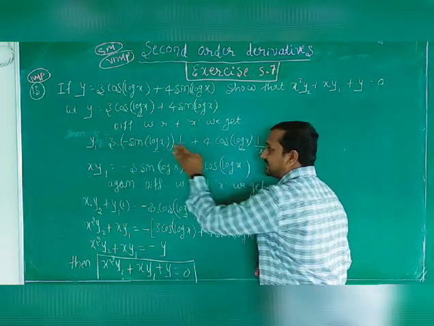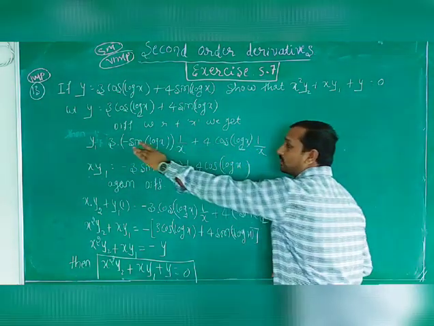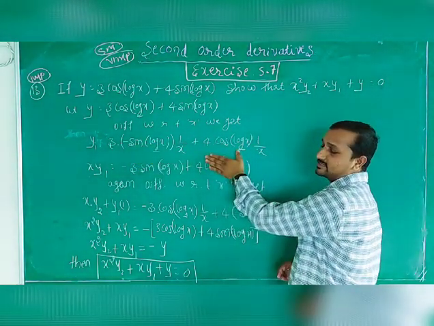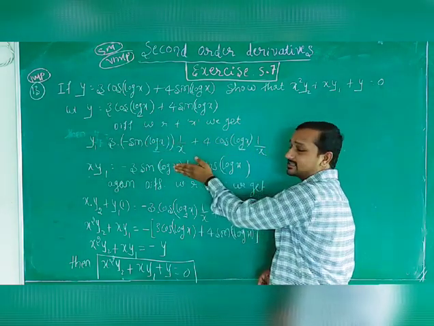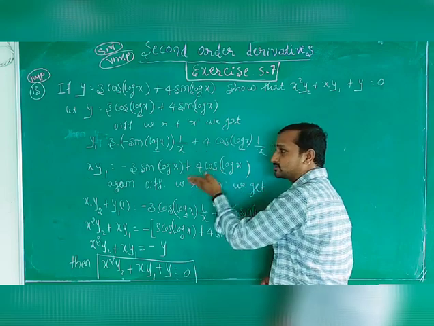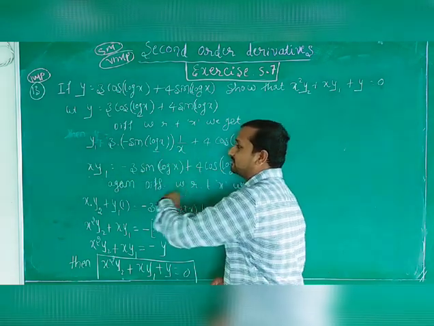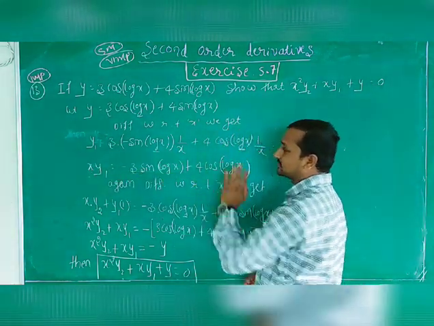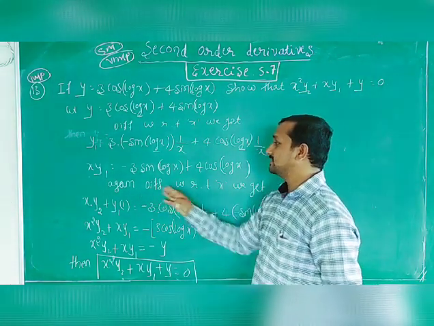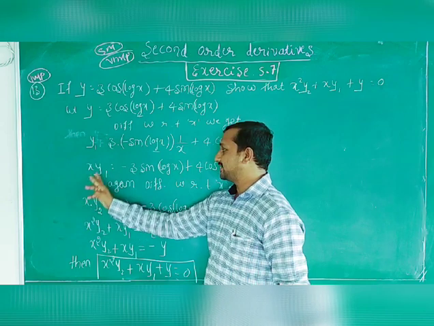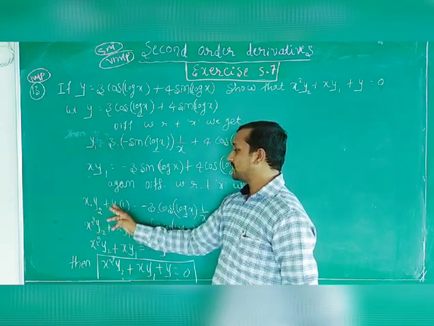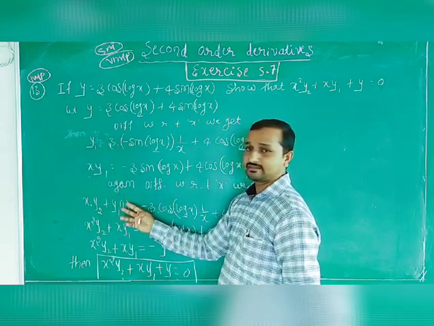So take LCM as x. Is that clear? Your whole term divided by x. Take LCM as x. Then cross multiplication of the LCM. What is the LCM? Divided by x is the LCM. So cross multiplication gives 1 by x becomes x. x into y1 equals this whole term. Okay, again differentiate this term. What is that? First function x as it is, derivative of y1 is y2, plus y1 as it is, derivative of x is 1. That's all.